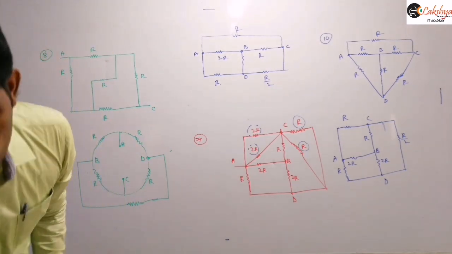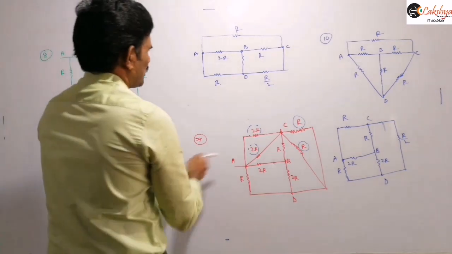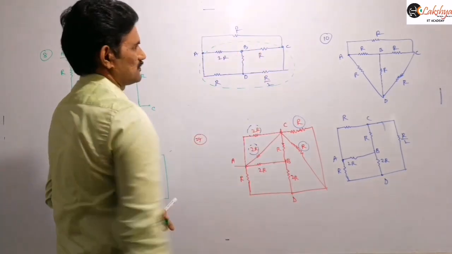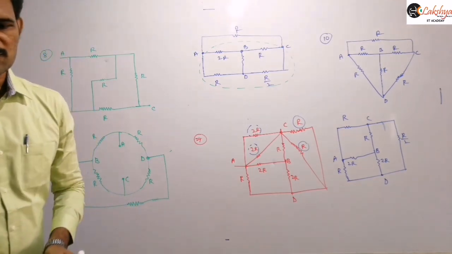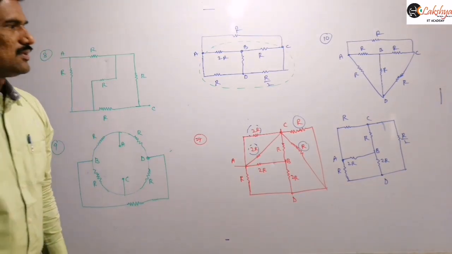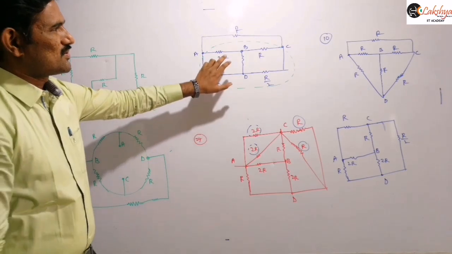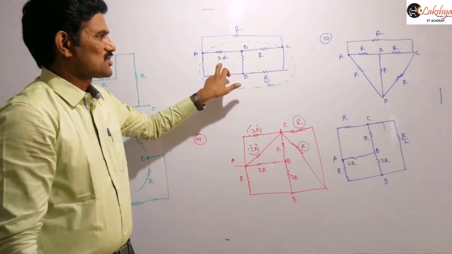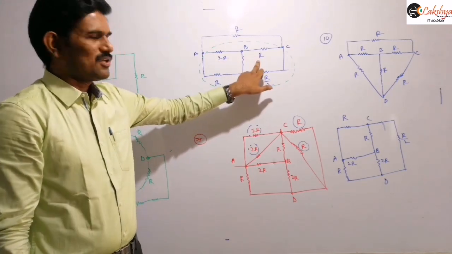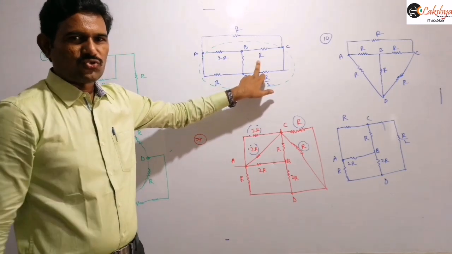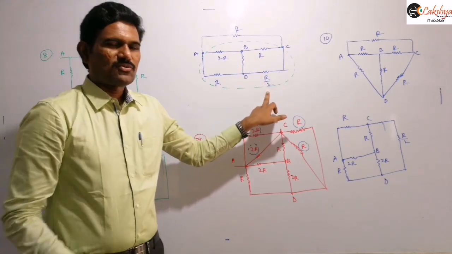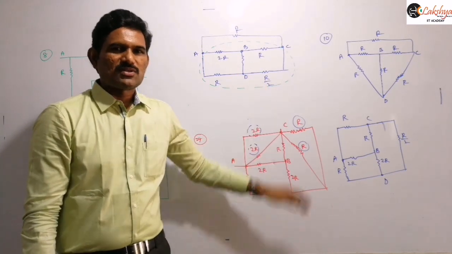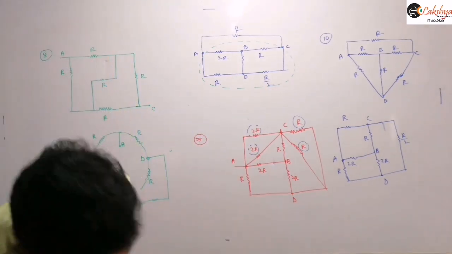Right? Now if you observe this circuit here, you can clearly say that this part of the circuit will be a Wheatstone bridge. Right? Now we can further simplify that. Got it? You can further simplify that, because even though here resistors are appearing different, you can observe that it is a balanced Wheatstone bridge. P by Q is equal to 2R by R, so 2 you will get. R by S is equal to R by R by 2, means again 2 you will get. So it is a balanced Wheatstone bridge. P by Q is equal to R by S. So you can remove this resistance here.